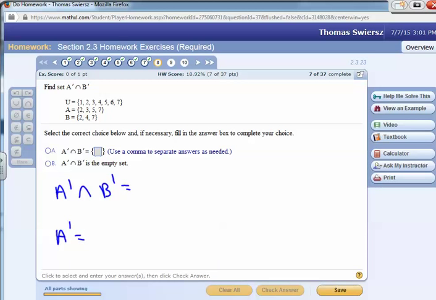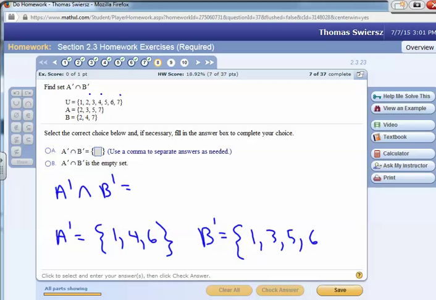Now, universal is 1 through 7, right? A is 2, 3, 5, 7. So if we get rid of 2, 3, 5, 7 from the universal to get A complement, that leaves us with 1, 4, and 6, correct? So there's A complement. B complement, same idea, but then B is what? 2, 4, 7. So we get rid of 2, 4, 7, and we're left with 1, 3, 5, and 6,